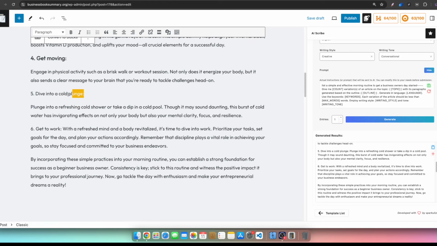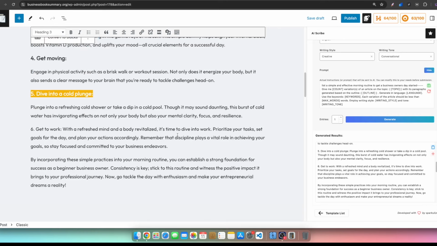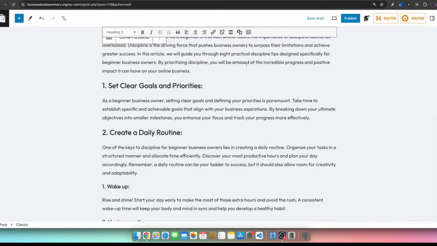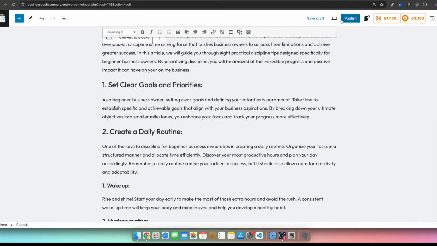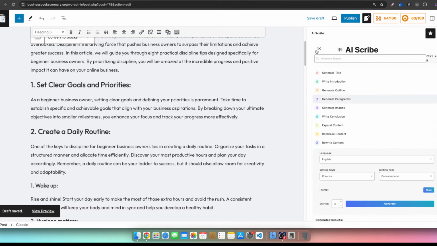If I want to add to the blog, I can add to the blog. If I want to shorten it, I could shorten it. There's a lot of things I could do with all the different tools that I have in the tool. So you could see how the blog is coming together. I'll just go ahead and hit Save Draft here, click on the AI tool, and take a look at just